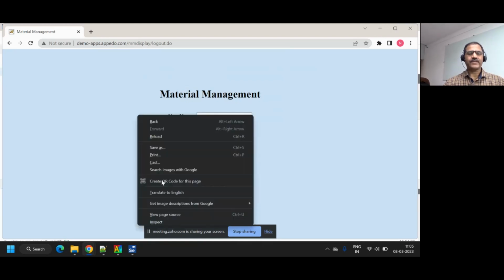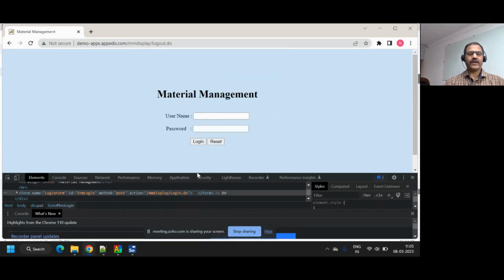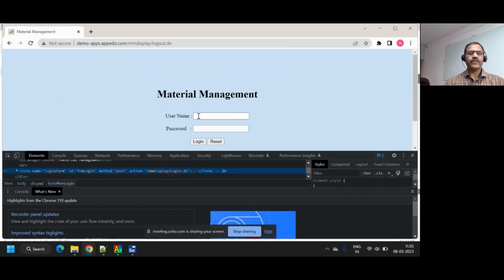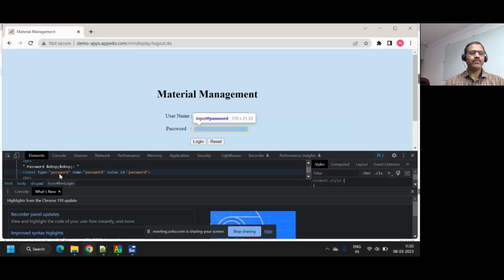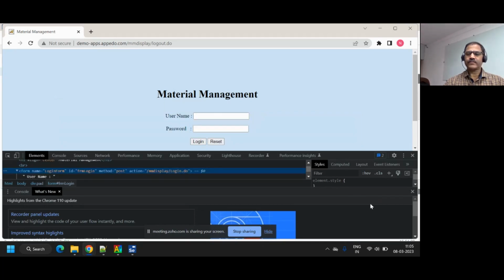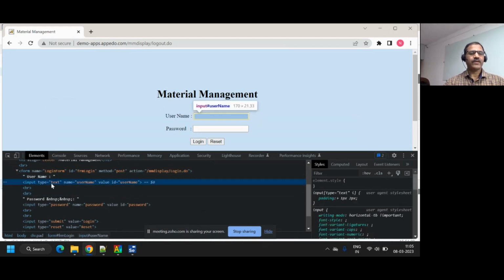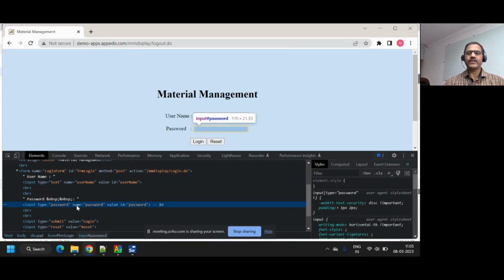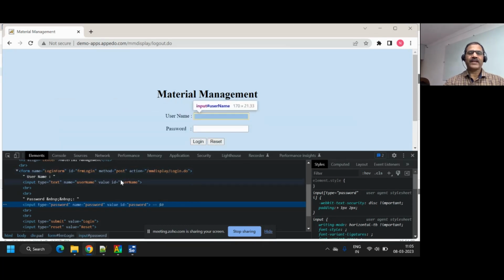But if you say right click, inspect, this is the button, right? This is a form. Within this form, there is an input. There is an input, username. There's an input box, password. So at the top, you could see it is highlighting. When I move this, it is highlighting the entire form. It is highlighting that field. If you see that user name,